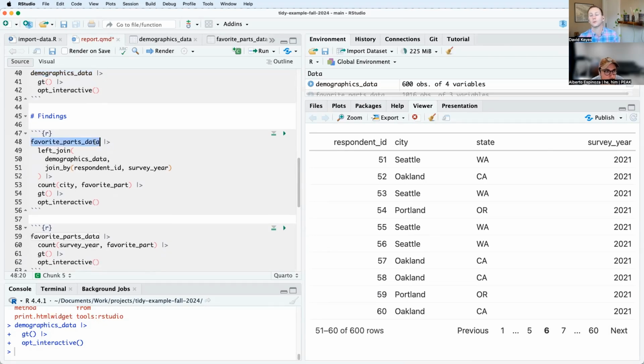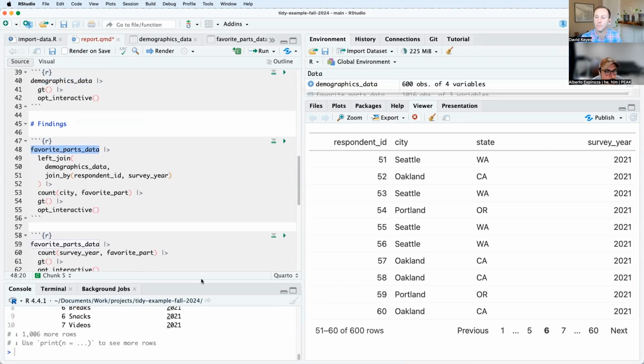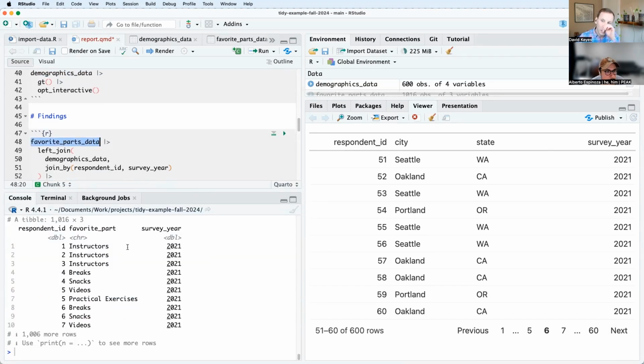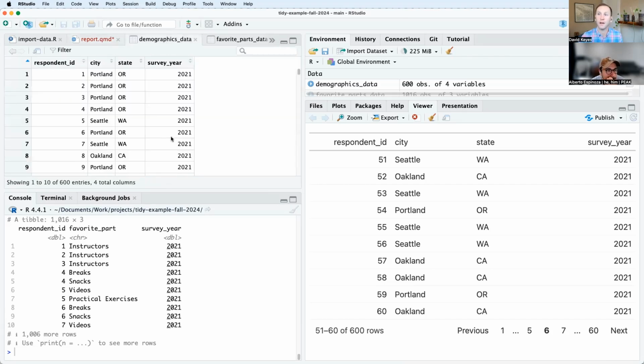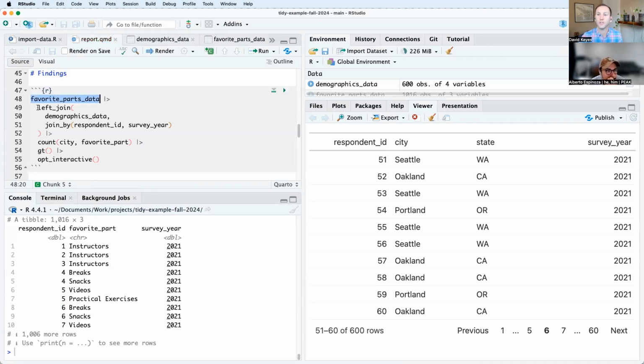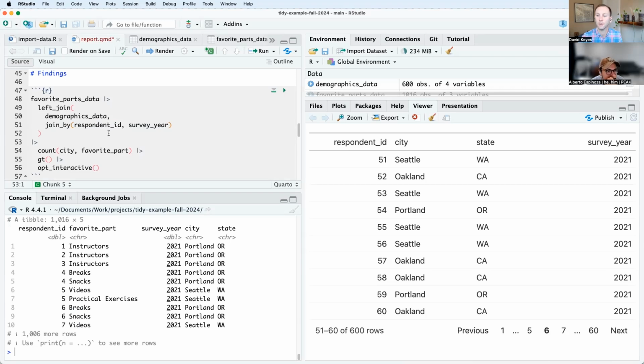But then also, imagine I have that favorite parts data, and say I want to in some way also show it by city. Well, I don't have that city piece attached to it in the favorite parts data frame, but I do have it in the demographics data. And I have this respondent ID that I can use to join. So I just do a left join with demographics data, joining by respondent ID and survey year. Just to show you, if I run that, now I've got respondent ID, favorite part, survey year, city,